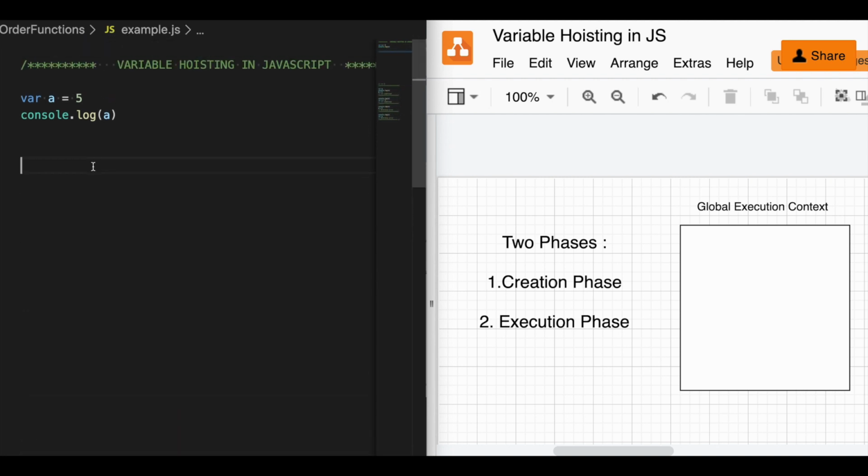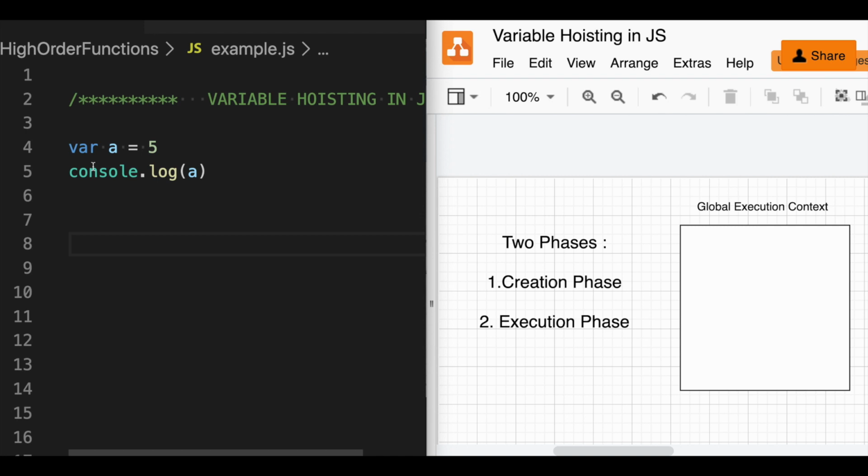Let's see this: var a equal to 5, console log a. We know this is going to output 5. The first phase is our creation phase. Whenever JS executes something in your code, it creates an abstract environment for you.